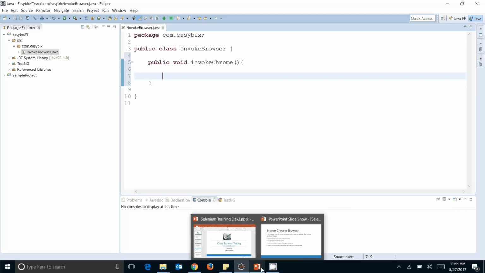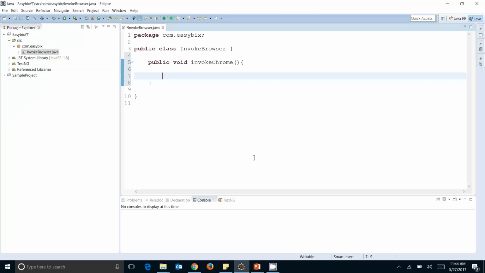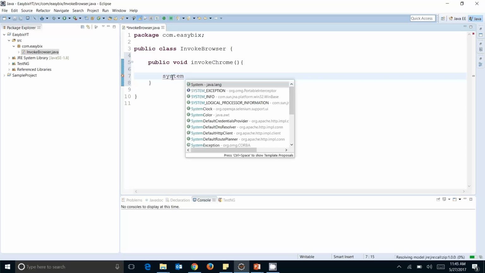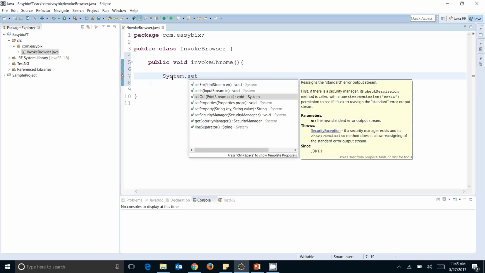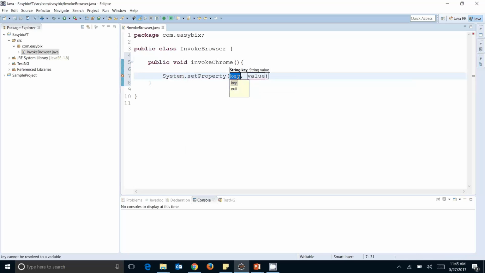The next thing we need to do is add the Chrome driver path inside your test script, because we need the path to communicate with the browser using that particular driver. So how can you provide the path? You can do it using the system properties, using System.setProperty. Inside the key, we need to pass